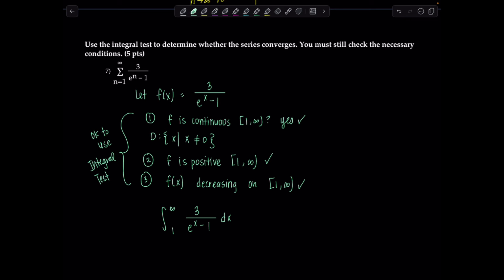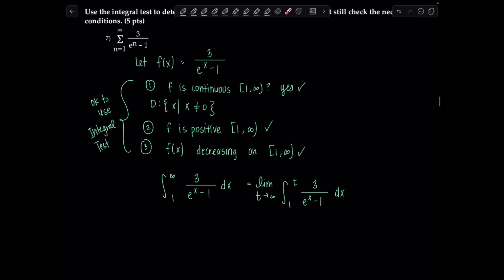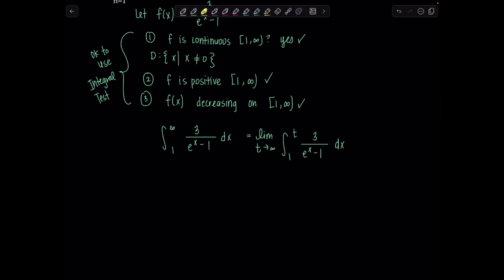Okay, first things first, redefine the improper integral as a limit. So we're going to let this be the limit as t approaches infinity of the integral from 1 to t of 3 over e to the x minus 1 dx. Beautiful. Okay, this antiderivative is not super straightforward. We're going to do a u substitution. We sure are. So let's let u